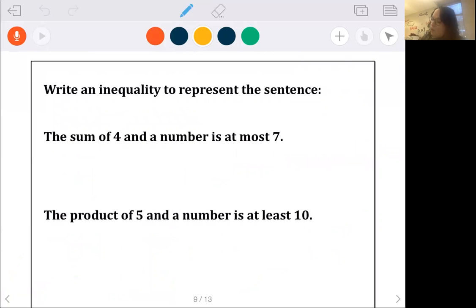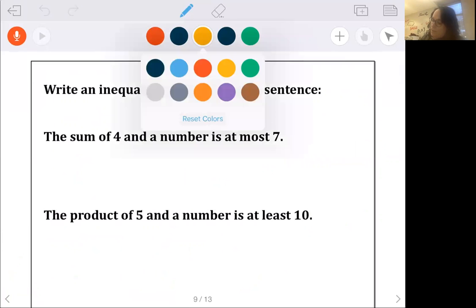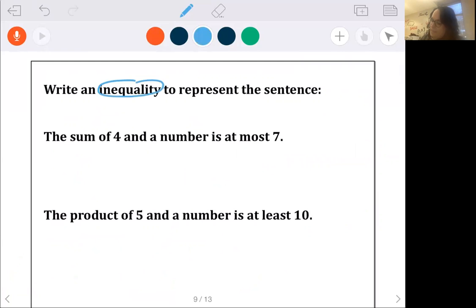Write an inequality. What's an inequality? It's a this, a that, a this, or a that. All right, less than, greater than, less than or equal to, greater than or equal to. So the sum, which means add, difference is subtract, product is multiply, and quotient is divide. This is the sum of 4 and a number. I don't know what it is